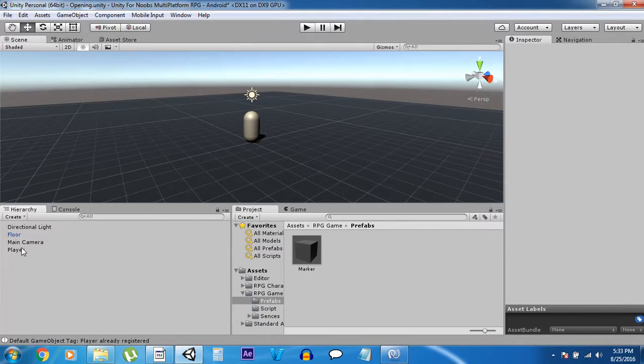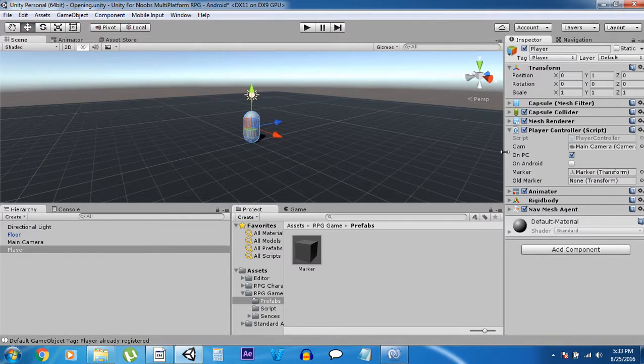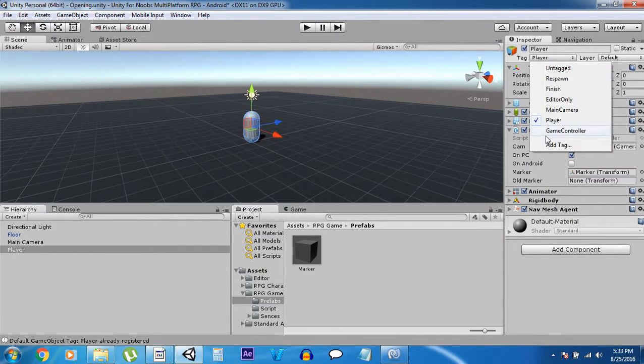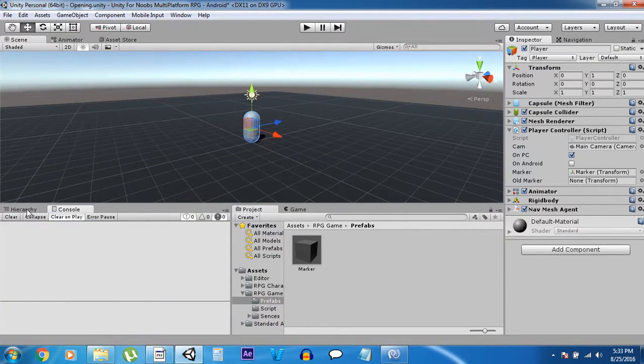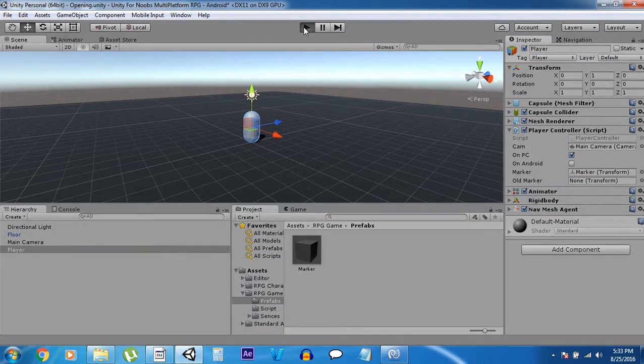Now go to the player and go to marker object, or the marker right here, and just put that right there. Now I'm getting an error because I created a new tag called player when I already had one, but it looks like that's already solved. Okay, now everything should be set up. All you have to do is go to the game, hit play,